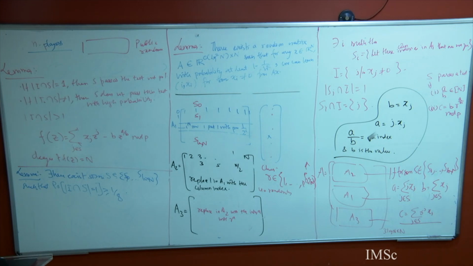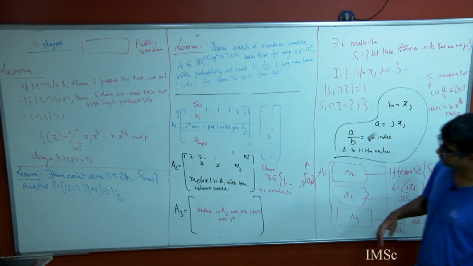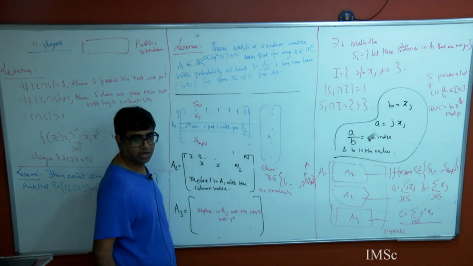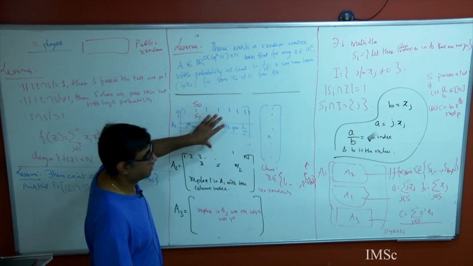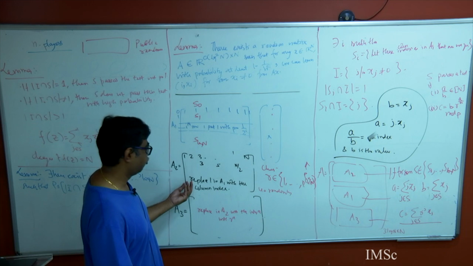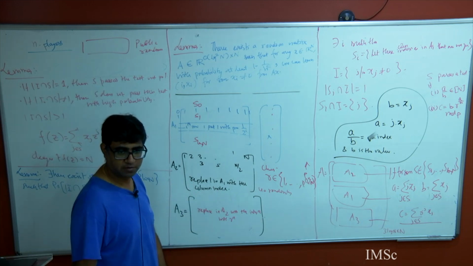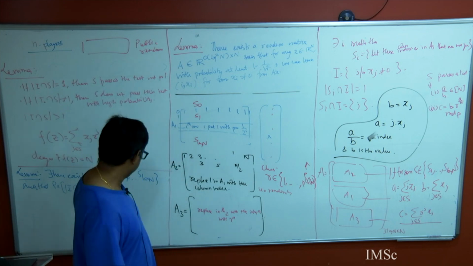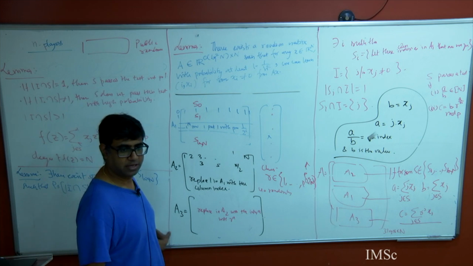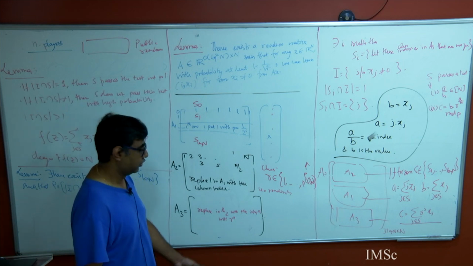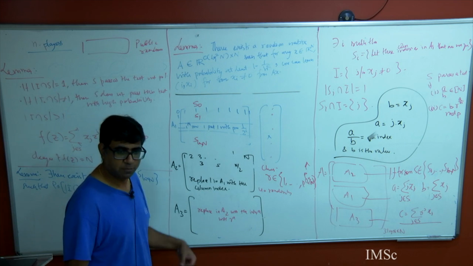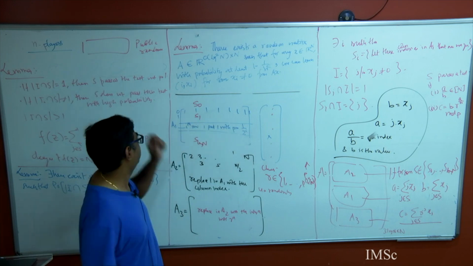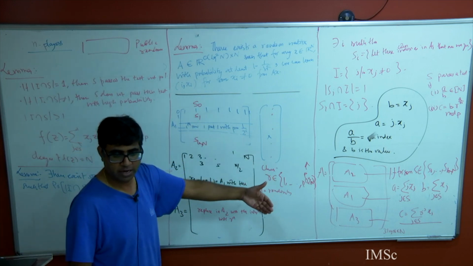So what should I do to boost my probability? I take A1, A2, A3, right? And I repeat this A1, A2, A3, in the sense I construct another A1 prime randomly, then A2 prime, then A3 prime, all constructed randomly. What is the probability that I will fail with the first guy and fail with the second guy, right? 1 minus 1 by 8 times 1 minus 1 by 8. Okay, fine, great. So if I repeat this log n times, what is the probability that I will fail? I will fail with probability like a constant to the power log n. So with probability 1 minus 1 by poly n, I will succeed.